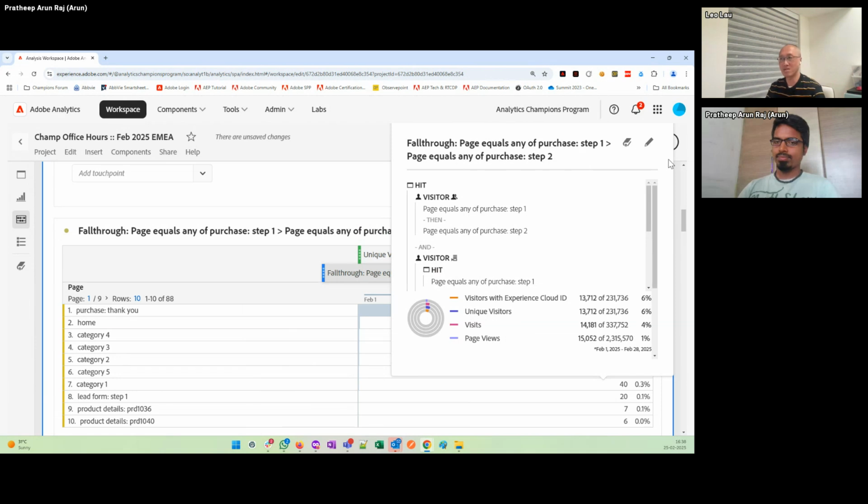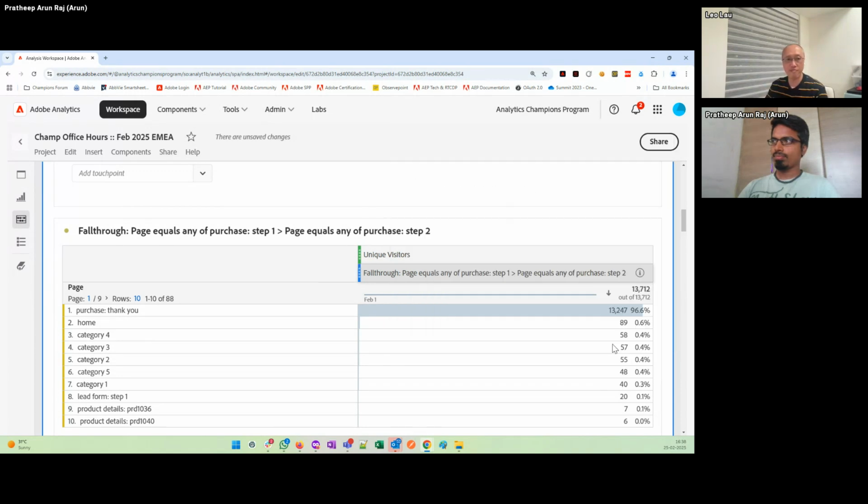So it can give us some understanding of when the user drops out. So this one is step 1, step 2, then we can see about 4% of people dropping out, and then they go to home, category 4, 3, 2, and